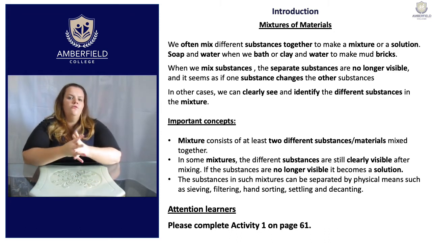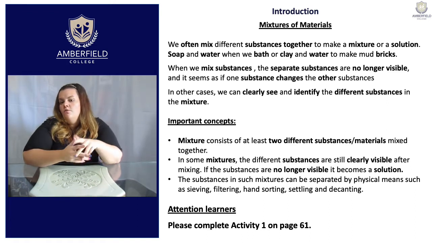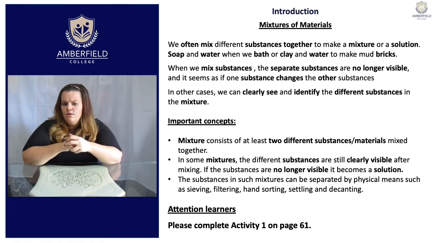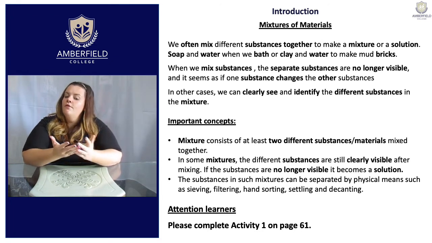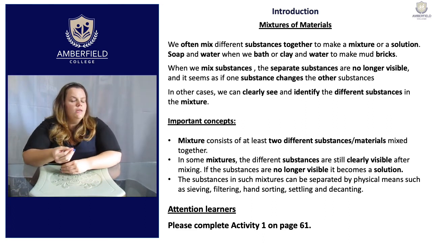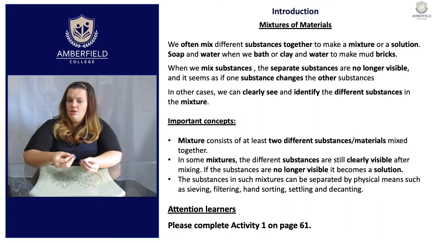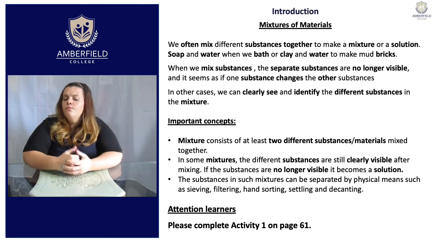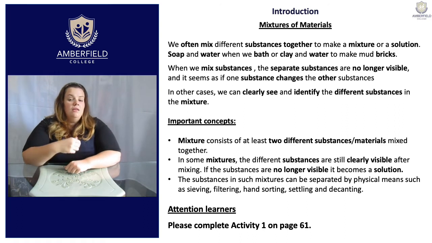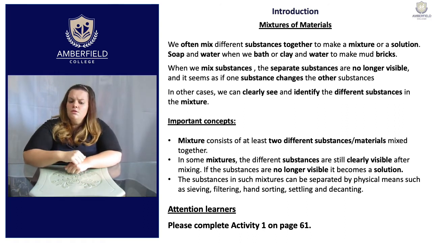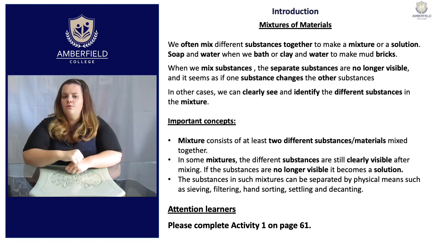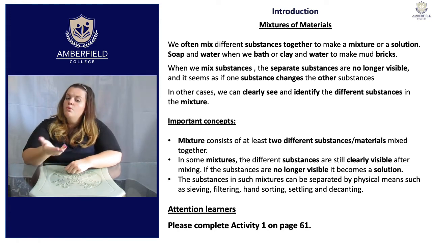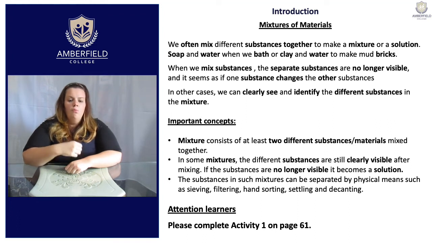So I want you to think of the following example. If we had a bag of jelly beans and a box of Smarties, both of these are different materials. Put them together and we have a mixture. But this mixture is clearly visible. You could actually pick out the Smarties from the jelly beans. Now, in some mixtures, the different substances are still clearly visible after mixing. So that's perfect for our example with the Smarties and the jelly beans. Both substances are visible. So let's say you didn't like jelly beans, you could have picked them out and only